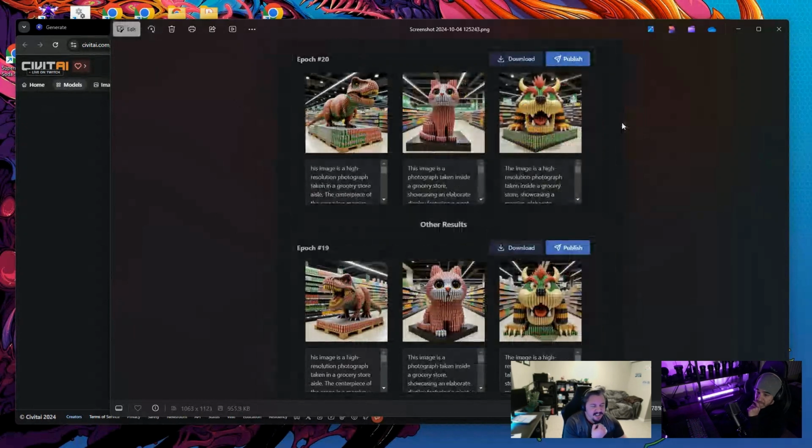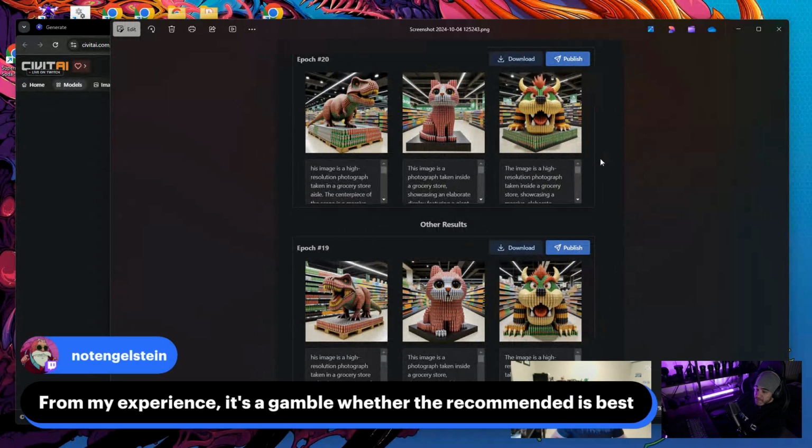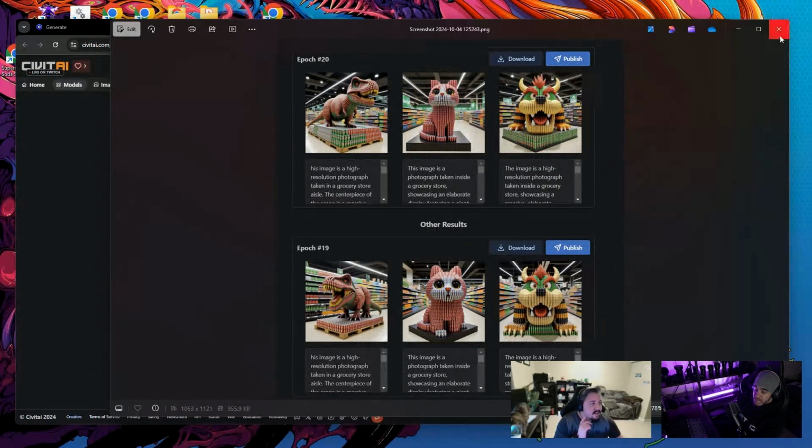Luckily, I guess I could have trained this one further so I could show you what overtraining looks like, because I don't think this one actually got to the point of really overtraining, which would look like everything's made of cans or everything kind of blends together in a weird way. Yeah, like Inglestein says, it's kind of a gamble, and it takes some training for sure, no matter what. Or testing, rather.